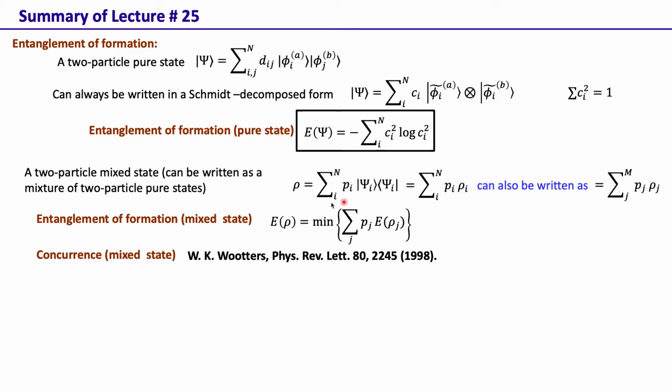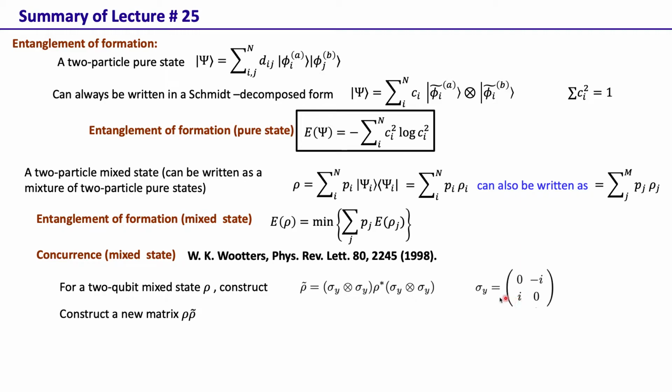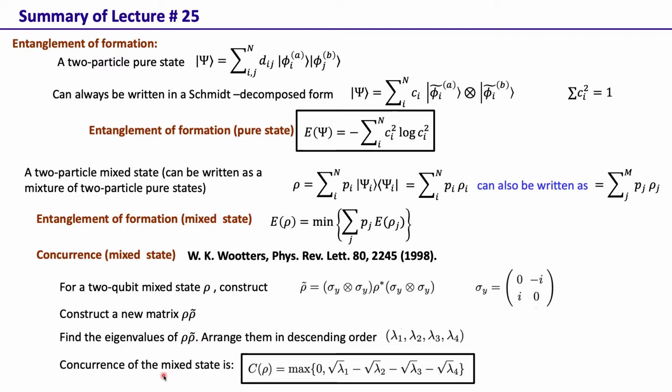Now this is in general a very difficult problem, but it was shown by William Wootters that if it's a 2 qubit state, that means 2 particles in which each particle lives in a 2-dimensional space. So for a 2 qubit mixed state, one can derive a formula for this quantity, and it goes like this: for a given mixed state rho, one constructs this rho tilde, where sigma y is the Pauli matrix, and constructs a new matrix rho tilde, finds the eigenvalues, arranges them in descending order, and then the concurrence